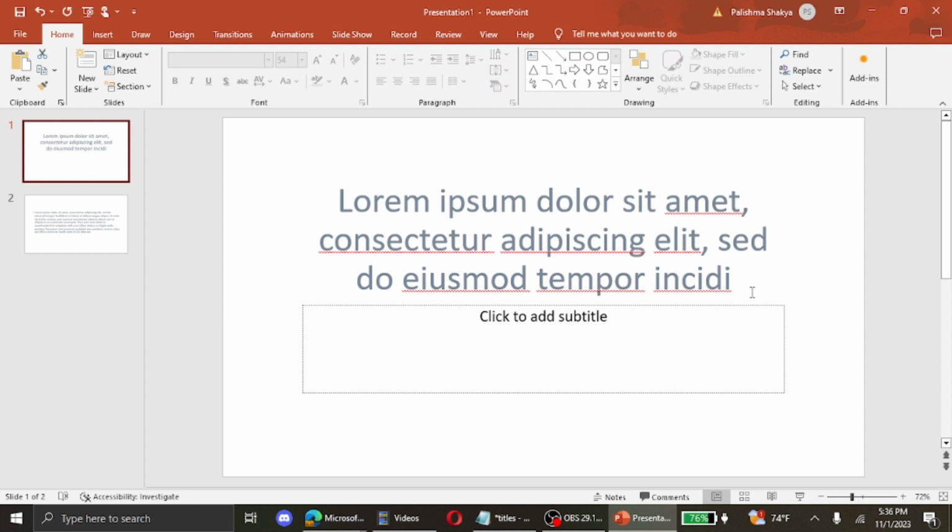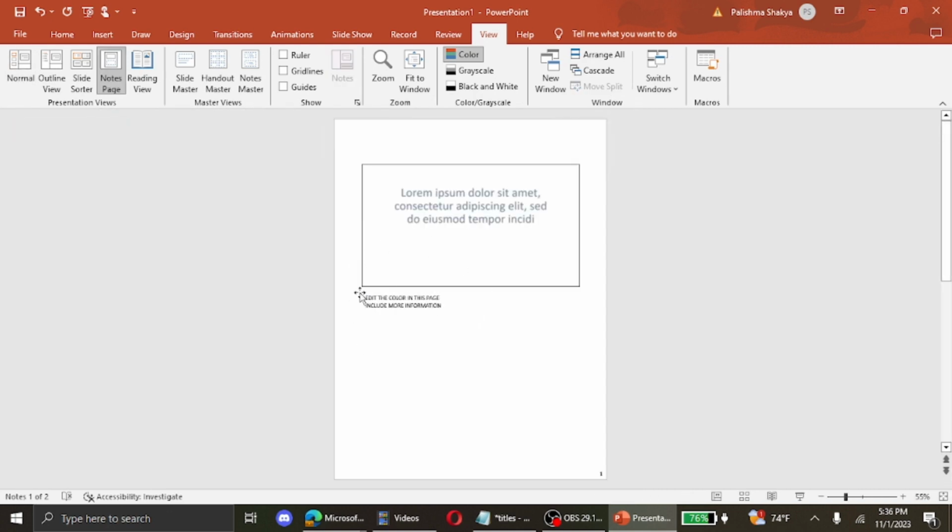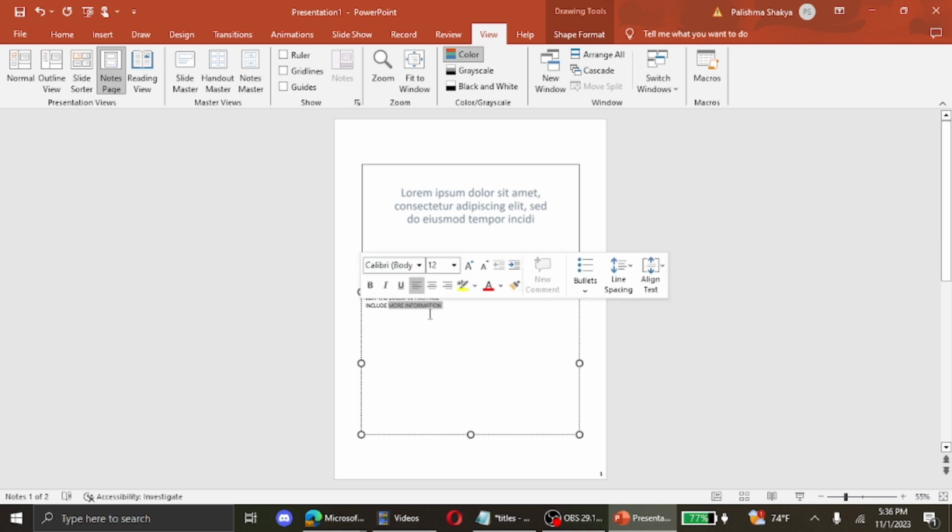Now, to view your notes, you simply tap on the view section that appears on the top of your PowerPoint window. After that, you can see the notes page. So if you simply click on it, then you'll see the notes that are available on this page. To delete the notes on this page, you simply double tap on it and then select the line that you'd like to delete, and then simply tap on backspace or delete option on your keyboard. However, if you want to delete all the notes on your complete presentation at one go,